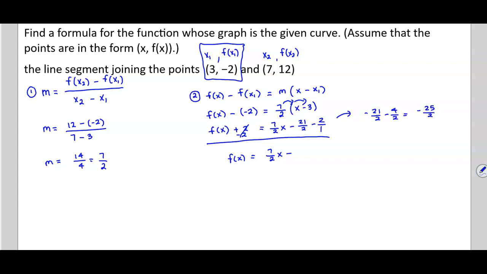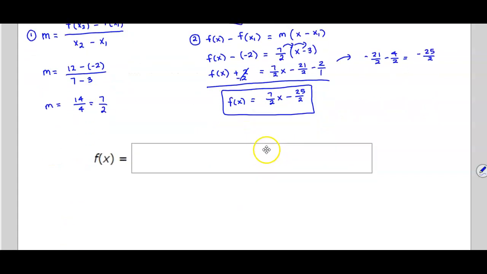So this is going to be minus 25 over 2, and therefore there is our function. Down here, we would write the following: 7 over 2 x minus 25 over